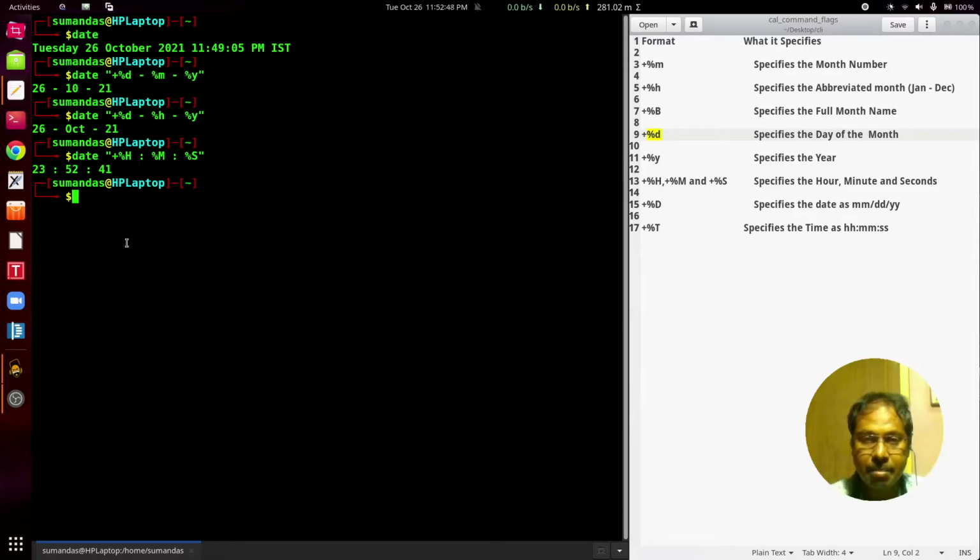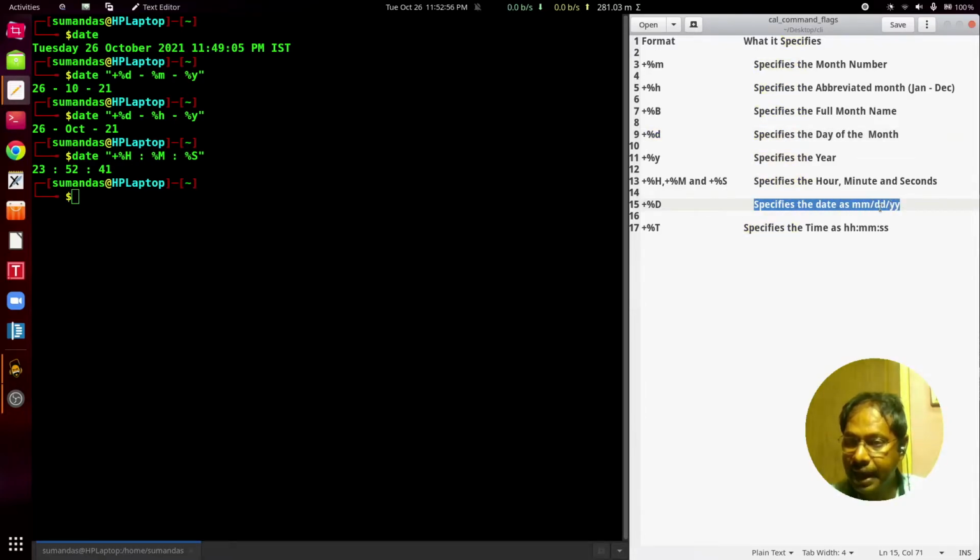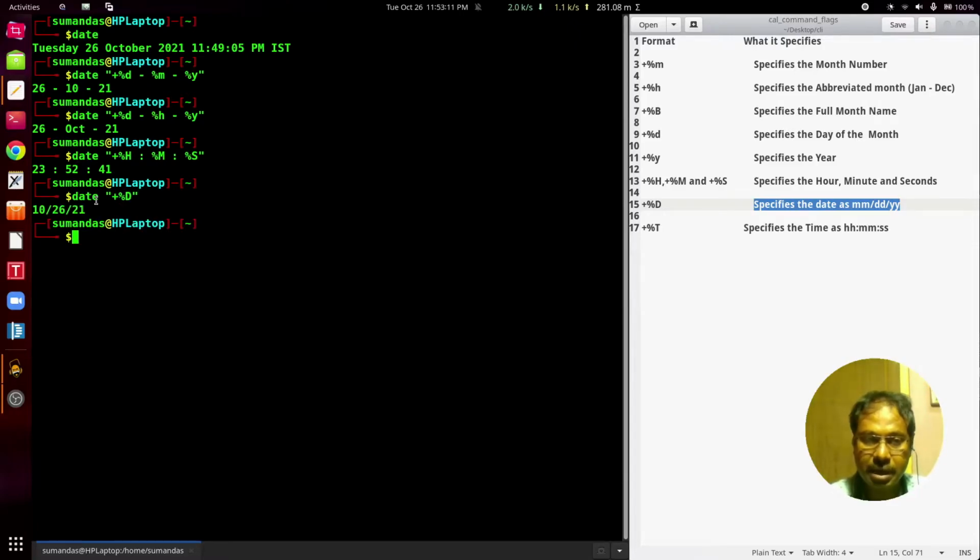Now in the same manner, if we want to get the current system date as mm/dd/yy, we can write date, double quote, plus, then percent and capital D, end of double quote and press enter.